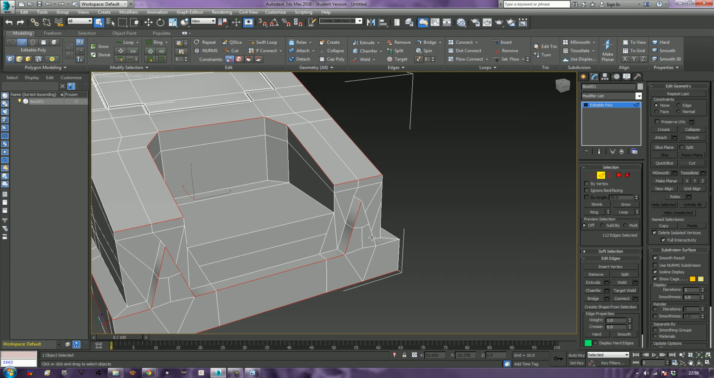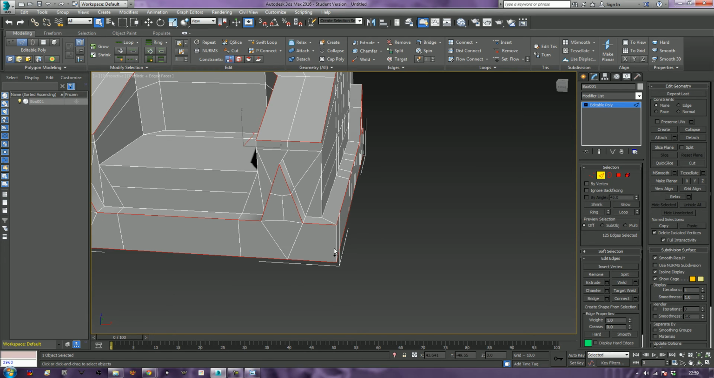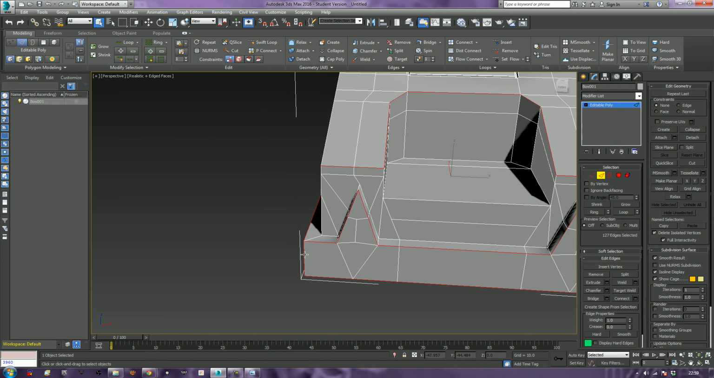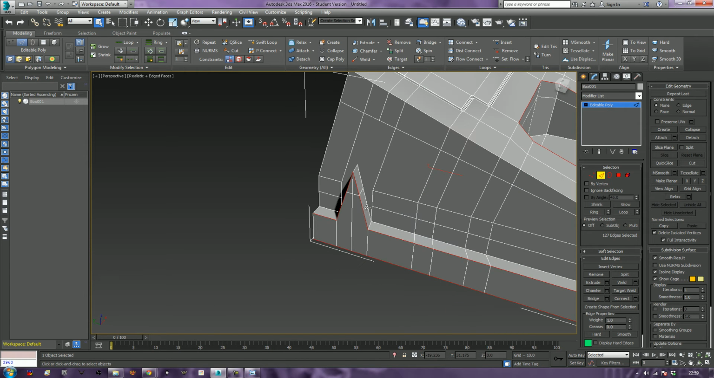I'm just double clicking as I go along. And you maybe think to yourself, well, why are you doing this? Well, it's simple. There's no depth to any of these edges at the minute. Okay, this is why we use subdivision a lot of the time as well, because